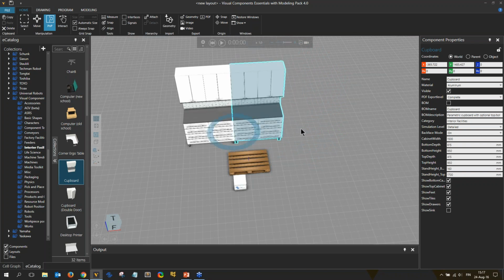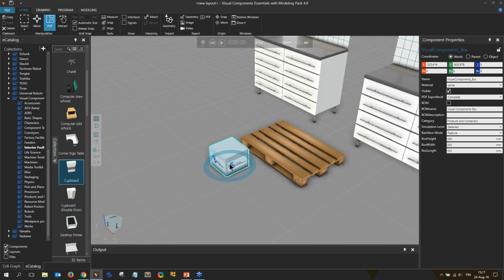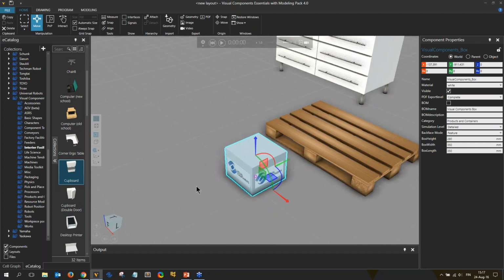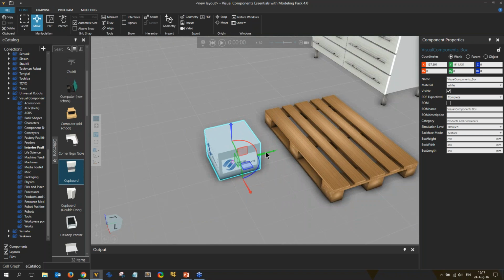So that's plug and play in short. But for example, plug and play doesn't allow you to elevate this box. So if I would like to put this box on this pallet, I should elevate that. So I will go to move mode. In move mode, a different handle is shown. Instead of that simple circle, we see a full 3D handle where we can